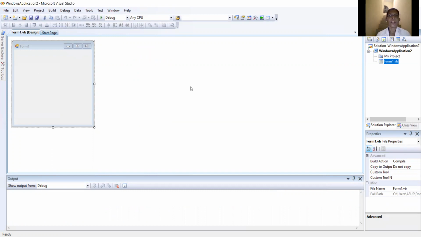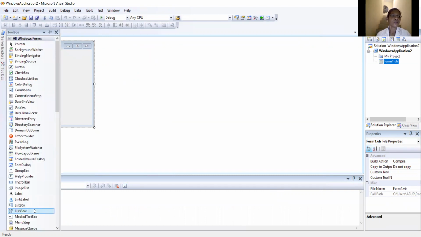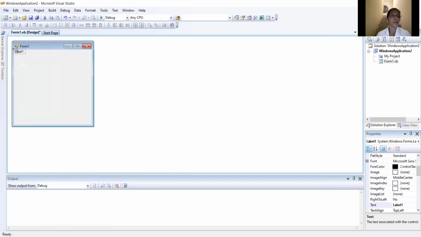Then this is the form layout. This is the property layout. Now we have to design the image animation using image list in a VB.NET program. Using the toolbox, choose the label box, then double click that tool. That label box will be pasted in the form layout.